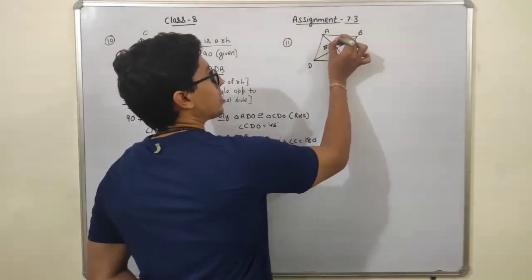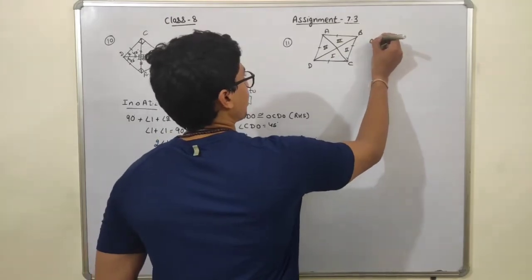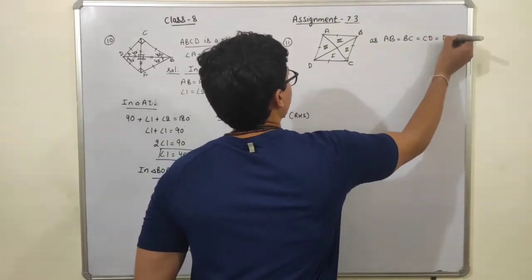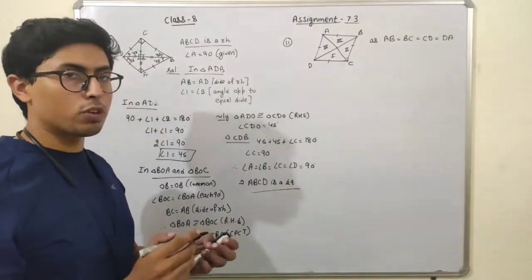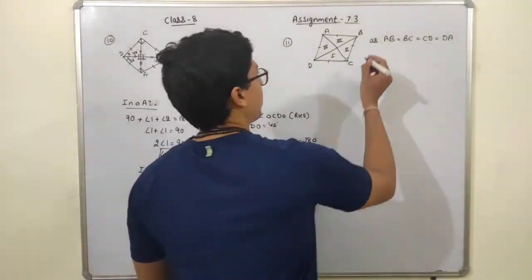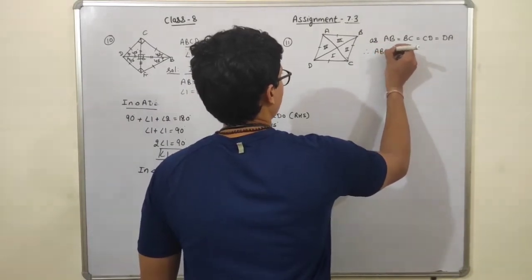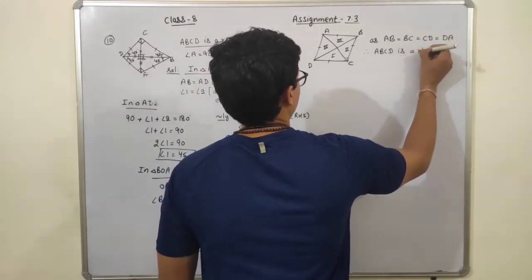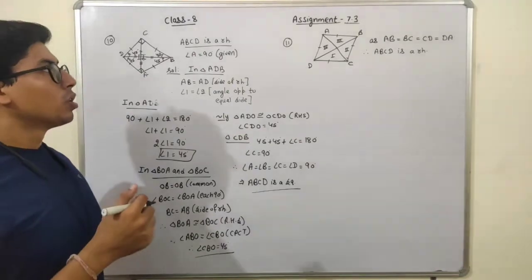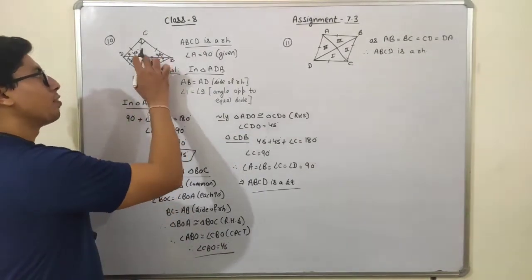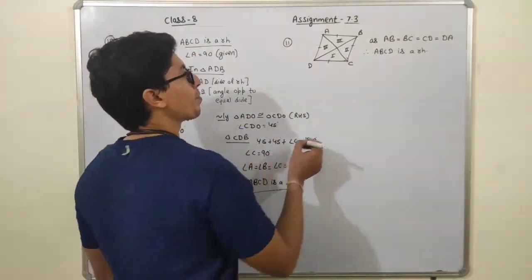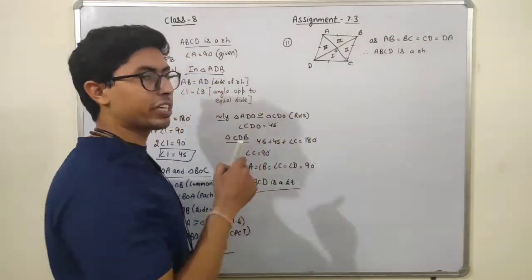Okay. Now students, these sides are equal as AB is equal to BC is equal to CD is equal to DA. It is given in the question. Now students, if all the sides of a quadrilateral are equal, I can say that it will be a rhombus. Therefore ABCD is a rhombus. Now students, I have to prove that these 4 triangles are congruent. Similarly, as I have proved that these 2 triangles are congruent, the same way I can prove this. See, I just name the intersecting point as O.